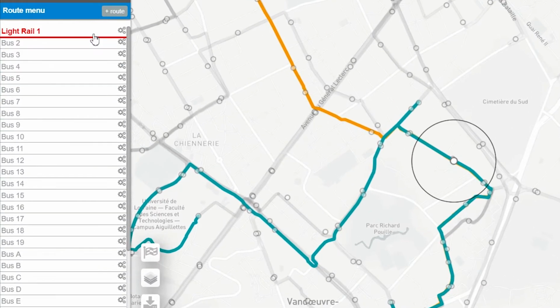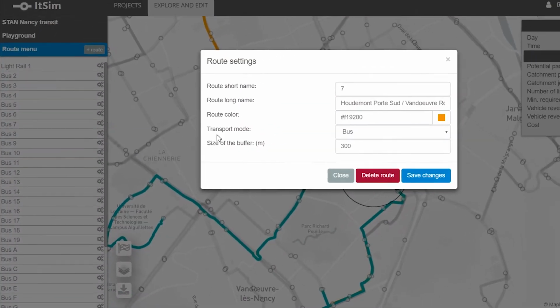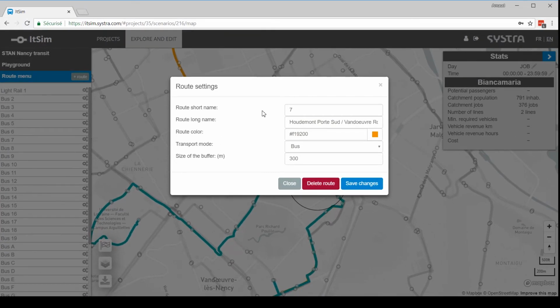And then over to the left, we have the full list of all the routes within the city. For each one of those, we can have a set of parameters, which we can see here. The route's name, both short and long, how it's been coloured, the type of mode. There are multiple different modes in Itsim. This gives you the option to plan a variety of different types of transport, as well as a buffer zone, which tells you how far passengers would be willing to walk to access a stop of that mode of transport,